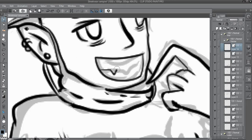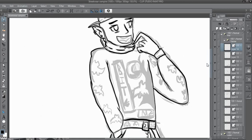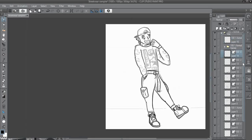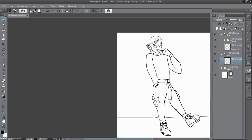And then here's me getting the mouth down. Kind of weird and hard to do. It just looks awkward because I wanted him to be smiling. And yeah, the teeth aren't really that noticeable. If I had made them down to his chin, maybe. But for what it is, this is probably...